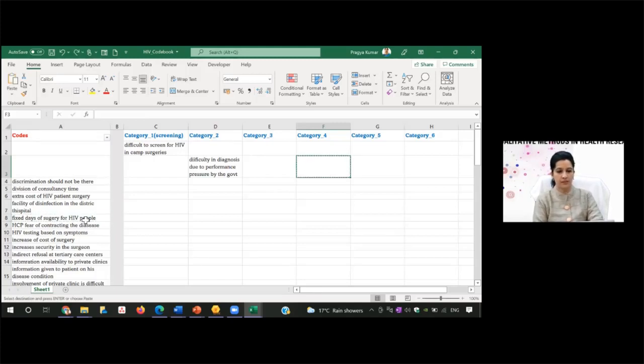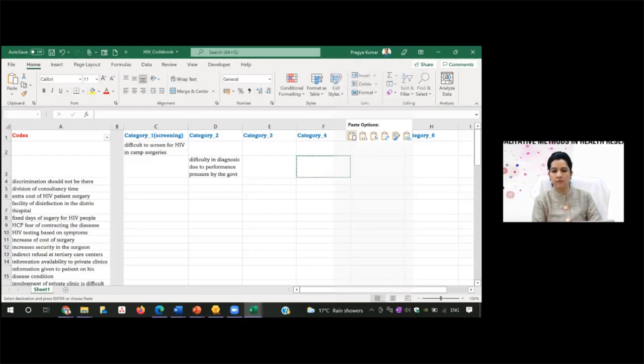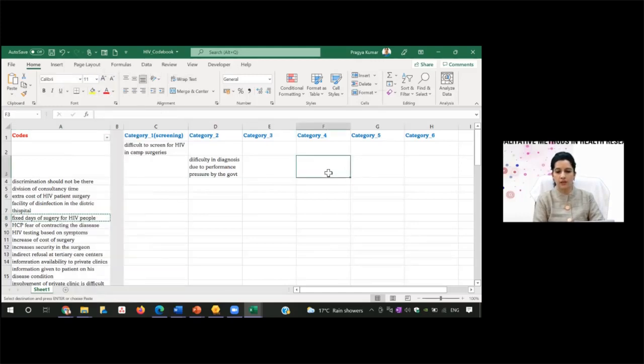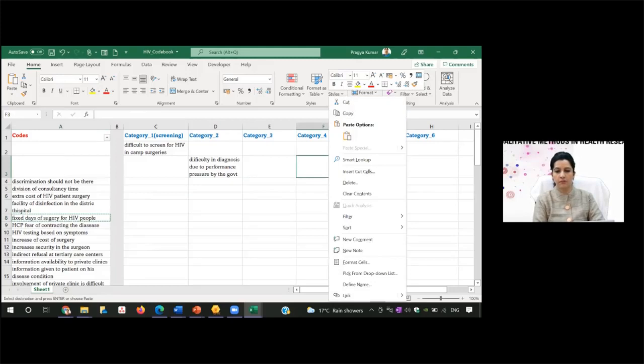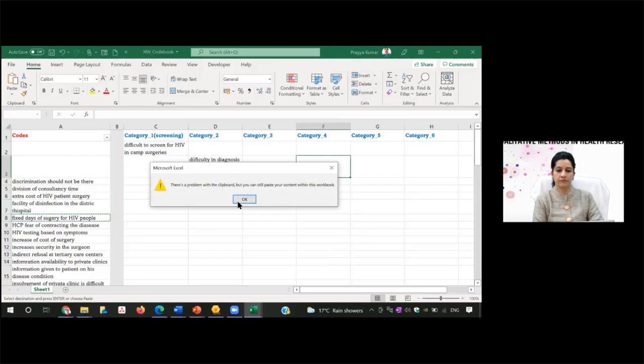So fixed days. It is not getting pasted. Why is it not getting pasted? Just a sec. So I have cut it and I have pasted it.